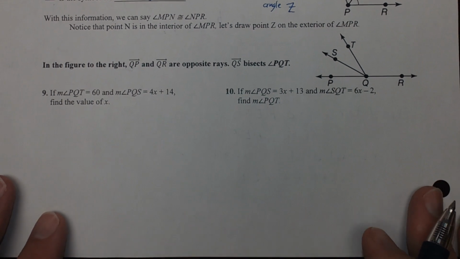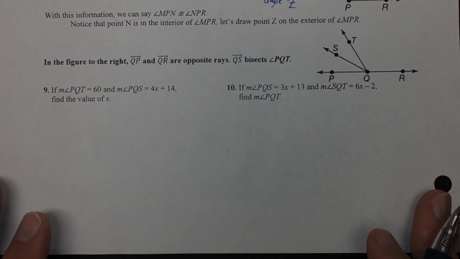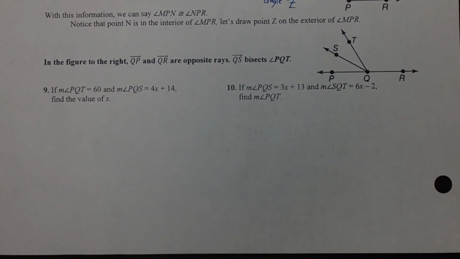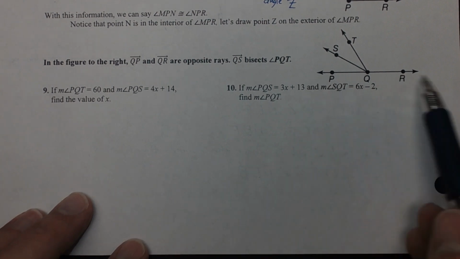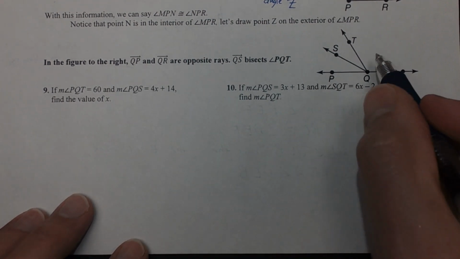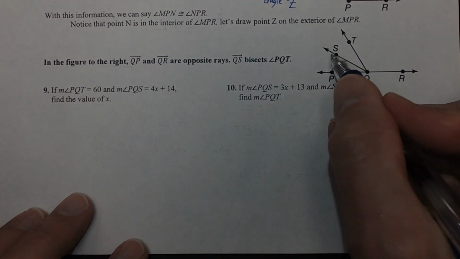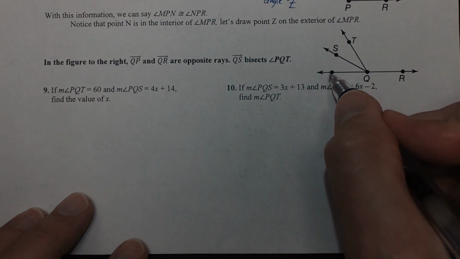Okay, let's go down to the bottom figure. In the figure to the right, ray QP and ray QR are opposite rays, so they form a straight line at the bottom. And ray QS bisects this other angle,